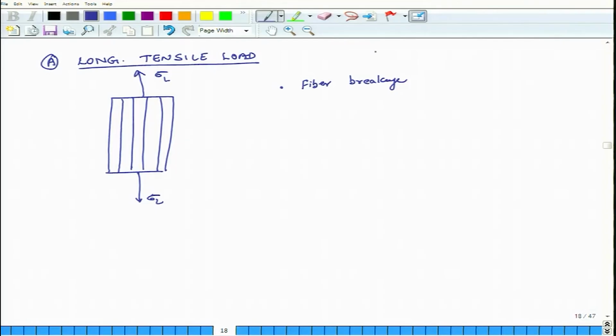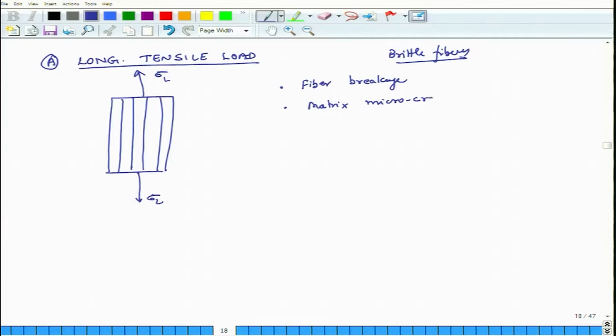So, here the discussion is limited to the situation that we assume that fibers are brittle. We are not considering ductile fibers, because a lot of our fibers, graphite, glass, they are brittle fibers. Okay. So, one phenomenon which can happen is fiber breakage,